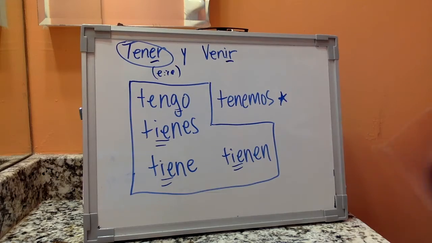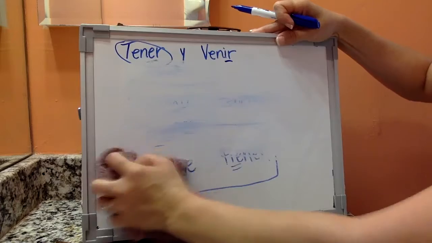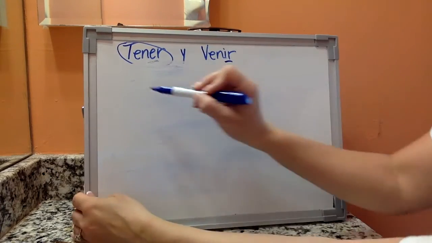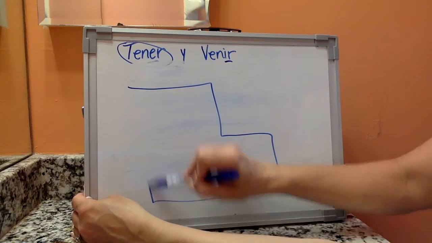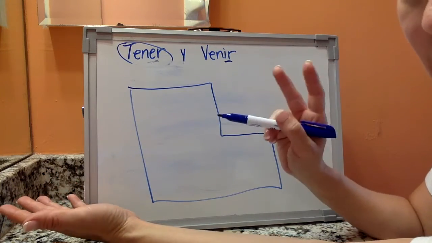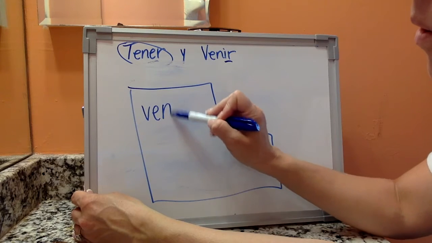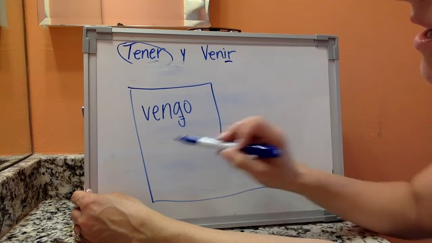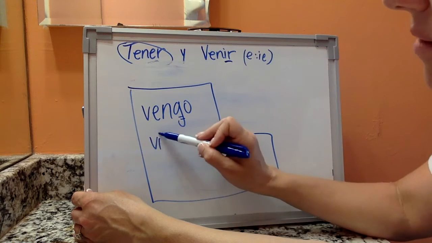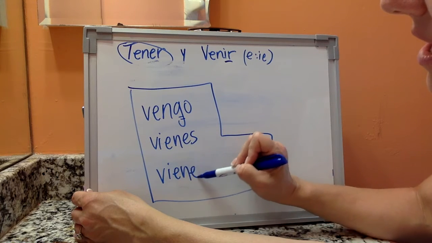All right. Now, we teach tener and venir together because they're both irregular in the exact same ways. Okay? So, I'm going to draw that boot again. Okay? So we have venir, which means to come, like I come from Indiana. Yo vengo de Indiana, okay? Vengo. Notice it has that G. And then it also has that E to IE stem change. So vienes, viene,